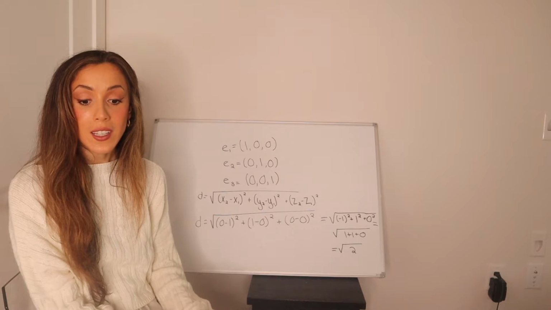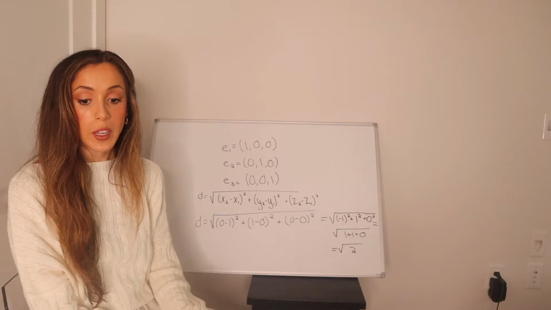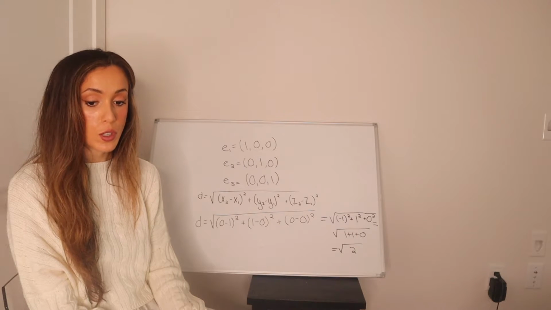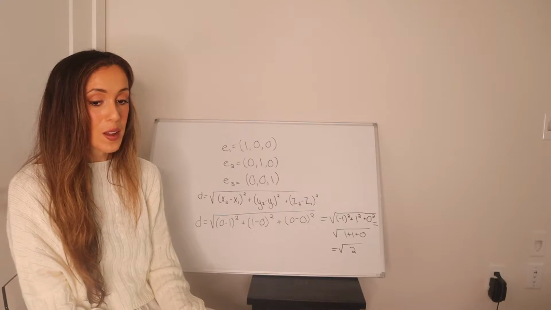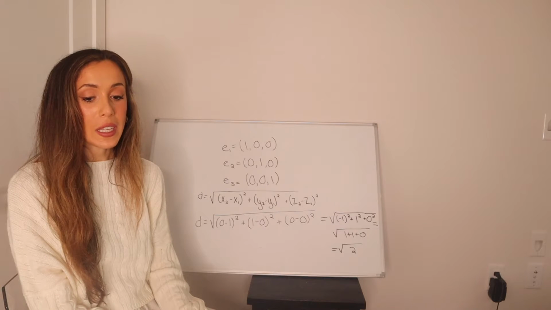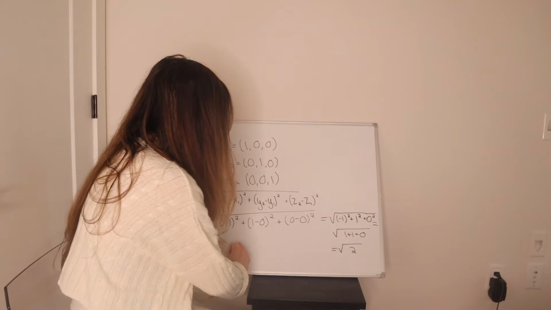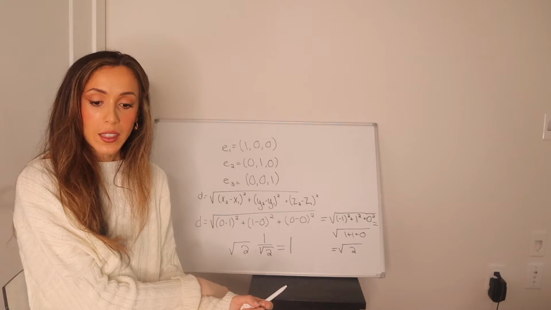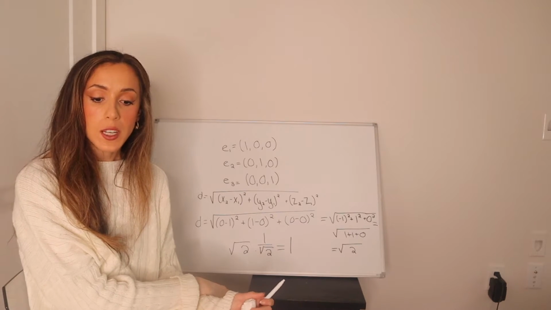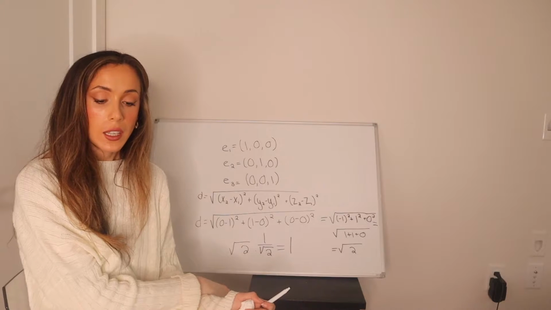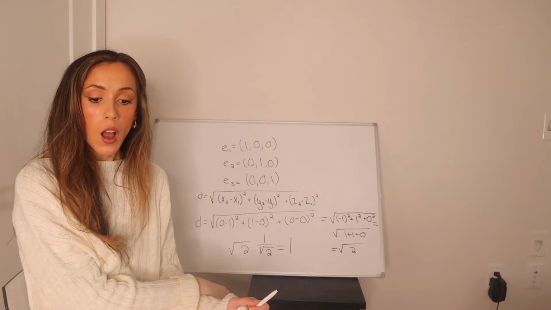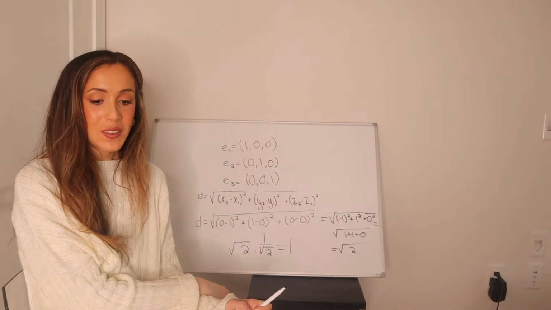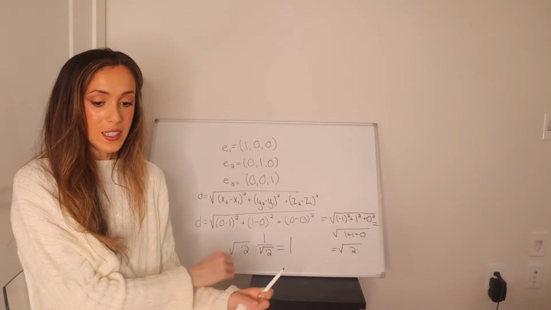It would be nice though if the distance was 1. We can force it to be just by multiplying the coordinates by 1 over root 2, since root 2 times 1 over root 2 equals 1. This is called the unit length. Now we can have each edge be whatever length we want. Let's call it A. All we need to do is simply multiply the coordinates by A. Thus, we can rewrite the coordinates as